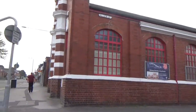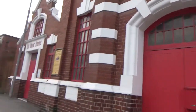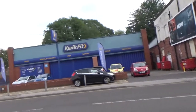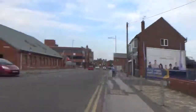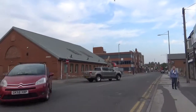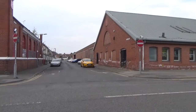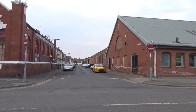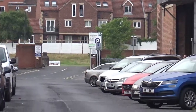Salvation Army here, if it's still a Salvation Army. It must be. And I'll catch that from the other side. Then you've got Parley de Dance there. I just want to switch you around and show you that's the Salvation Army there. I think that's the other side of the bus station there, and just down there is Central Park. I think it's Central Park, and that's the original football ground of Worksop Town. And I've actually seen Yorkshire play Nottinghamshire there, because there used to be a